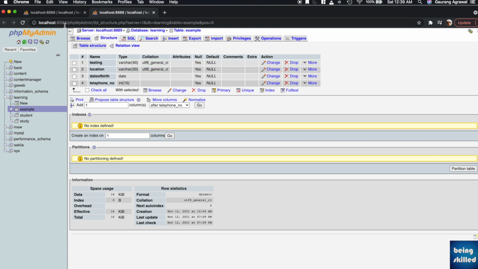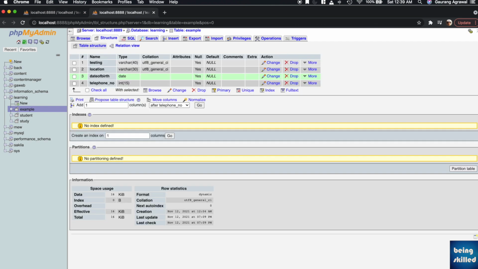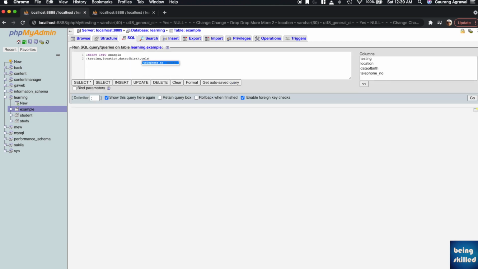Here the testing is the number 1, so we can just type testing, separated by location, date of birth, and then the last one was telephone number,